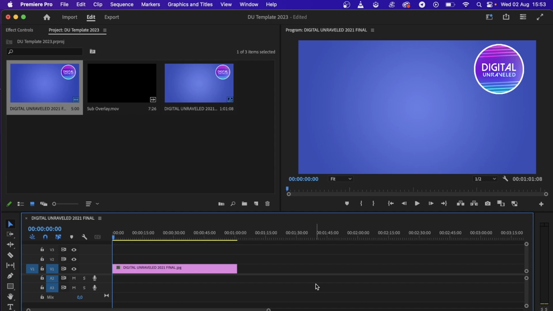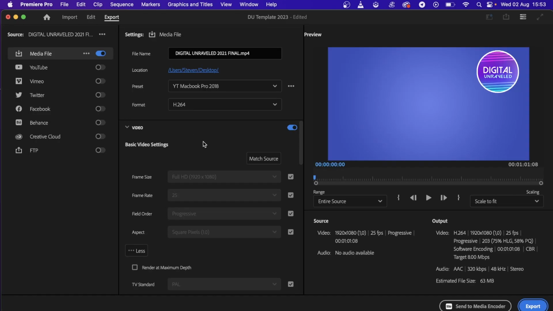export your video, all you have to do is click on this button right here. So you can see it says import, then you're on the edit page right now. Then you want to go to the export button, tap on export. Okay, that's going to bring you up this screen, and what you can do is you can select media file,